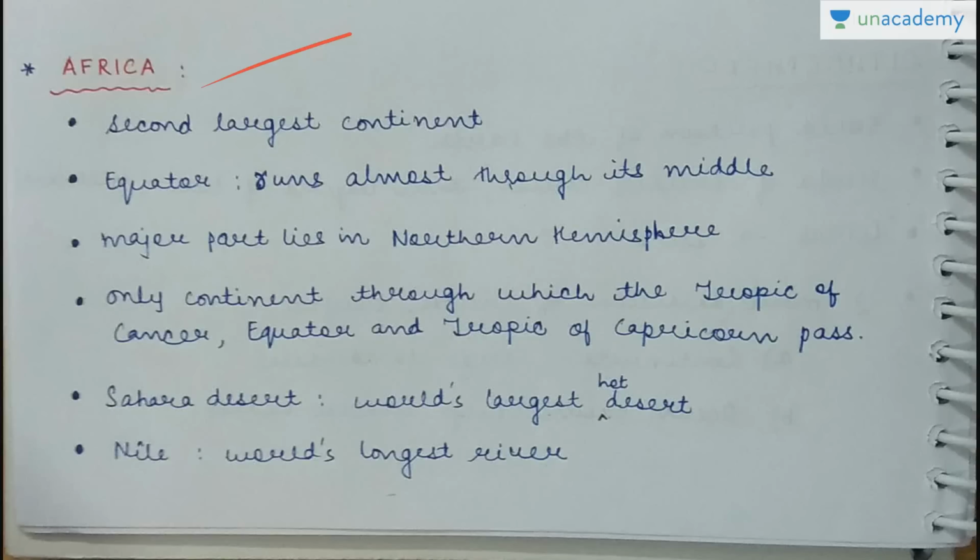The Nile River, which is the world's longest river. There is a difference between longest and largest. I'll just show you the other river also. So the world's longest river, it is in terms of length, right? The distance you can say, or the length of the river. So Nile is the longest river which is found in Africa.